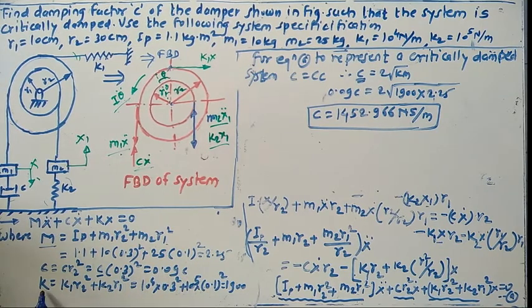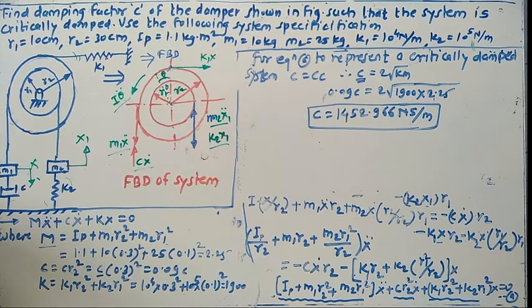So what about the k? This term indicates the k term. So k we have k1 into r2 square plus k2 into r1 square. Substitute the values for k1, r2, k2, r1, and solve this. We can get 1900. Now equation number a to represent a critically damped